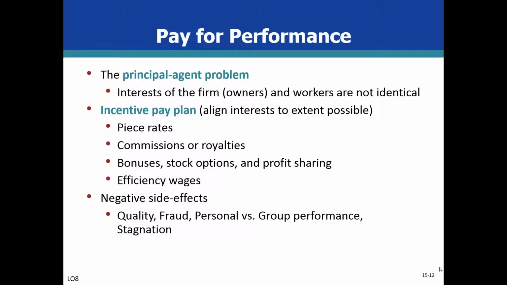Efficiency wages can take two forms: incentive to produce more output or incentives to reduce cost, or both. Bottom line, an approach that says to the worker, if the owners win, you get to share in the winnings. This approach is also applicable to other stakeholders, like major suppliers to the firm. It's win-win, not win-lose. Sounds good, right?